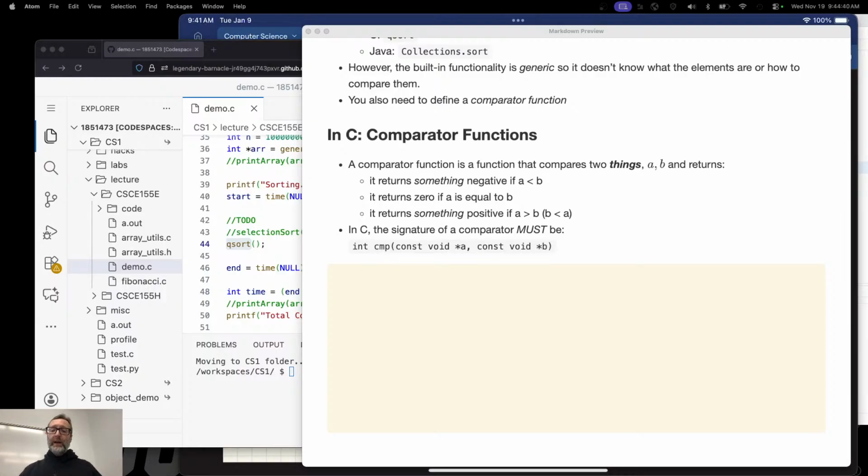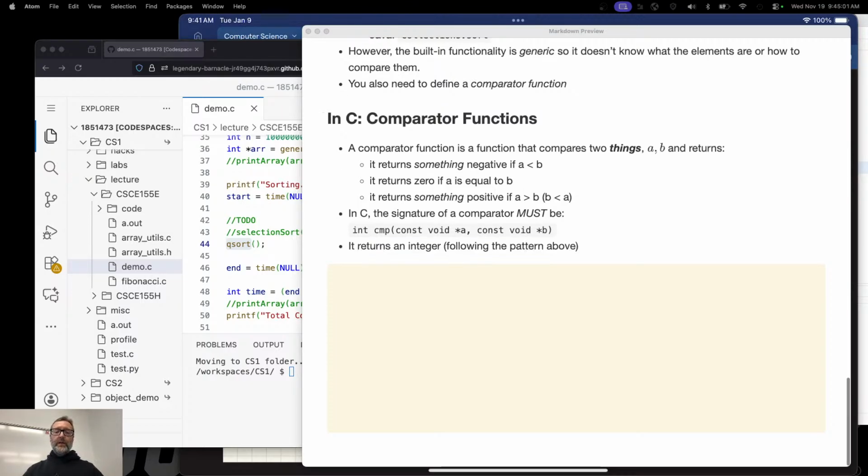It's not going to work if they're integers. For example, if I change this to int and int, that would only be a comparator good enough for integers, and I would have to rewrite everything if it were a double. I'm just going to keep it generic, a pointer to anything that you want. It returns an integer following the pattern above: something negative, positive, or 0.